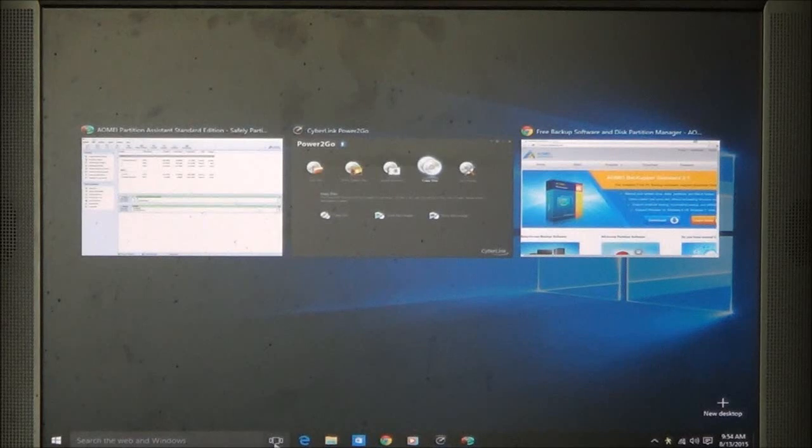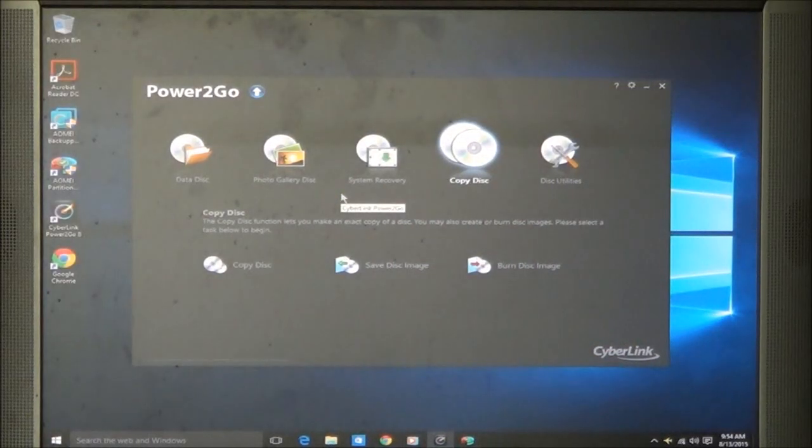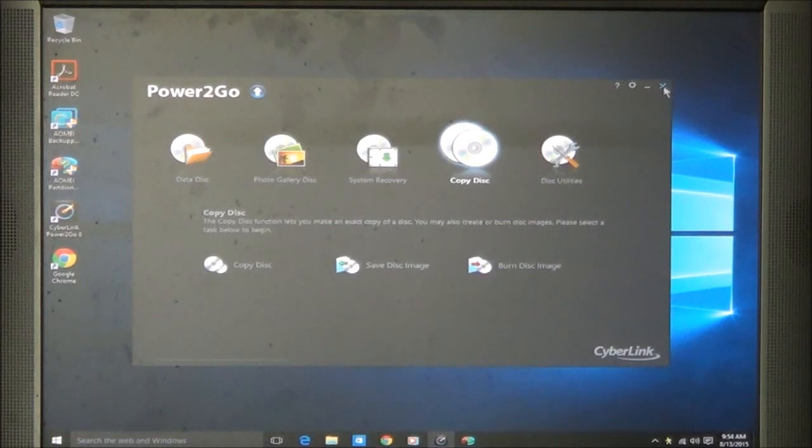But this icon right here next to Cortana is your Task View. And as you can see, it shows you all the programs that you currently have open. And then all you have to do is quickly switch with what program you want. Now, with the programs running,